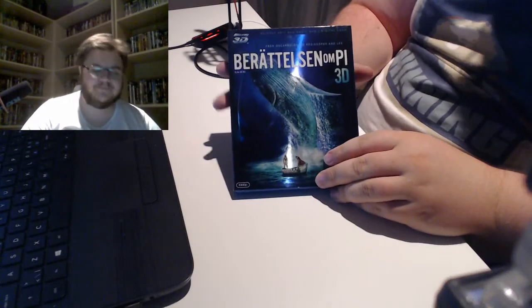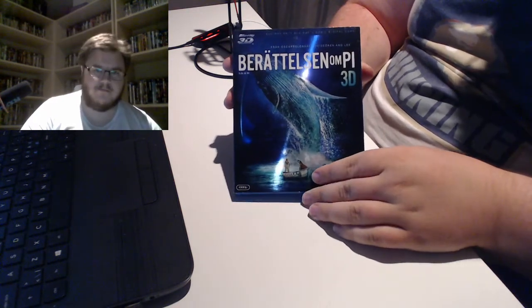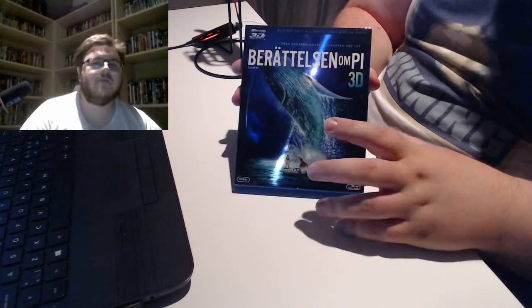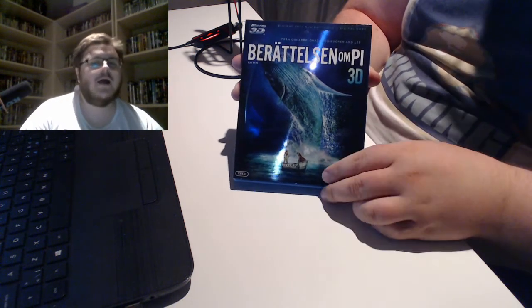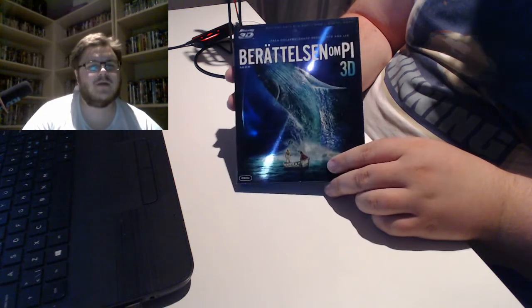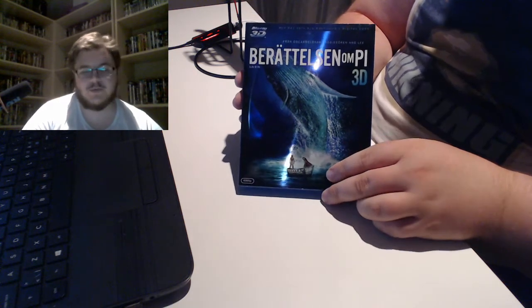Then we have Life of Pi. Probably the best use of 3D in a modern movie, and it is just visually stunning. I'm not a super fan of the actual story because of how it ends. I don't want to spoil it.